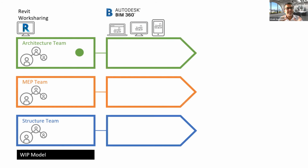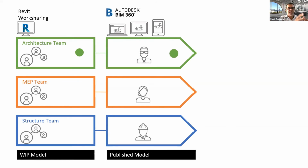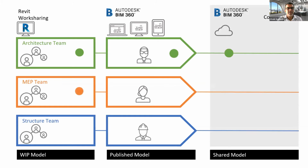So the architectural team creates the work sharing on the BIM 360 environment, and only the team members on that architectural team have access. Once they complete that, they'll publish the completed model, which will be consumed by the MEP team. Instead of sending it in an email or a Dropbox or other links to download it,